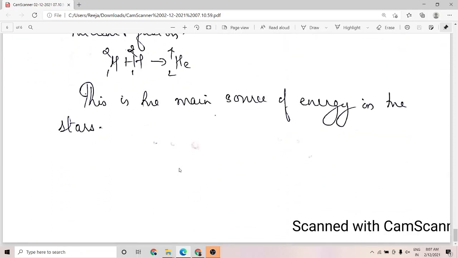So I hope this session, which included the discussions on stability of the nucleus, mass defect, binding energy and binding energy per nucleon, with special reference to the binding energy per nucleon curve,